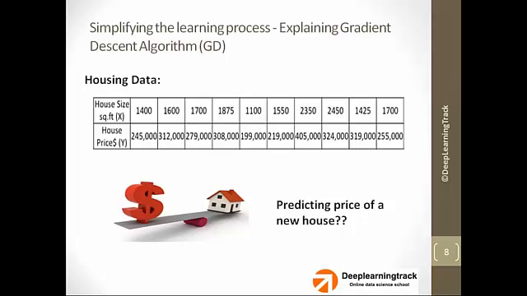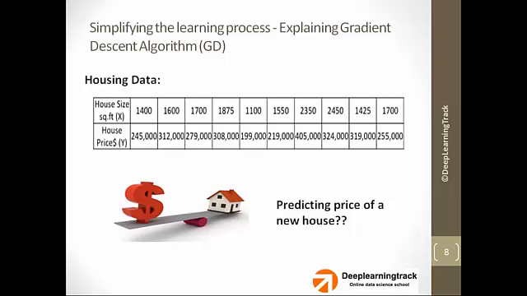talk about one of the algorithms called the gradient descent algorithm. By the name of it, this algorithm sounds a lot complicated, but what's happening under the hood of this algorithm is quite simple the moment we translate this into an Excel sheet. In order to do that, let me walk you through the Excel sheet itself. But before that, let's look at what's the problem that we are trying to solve.